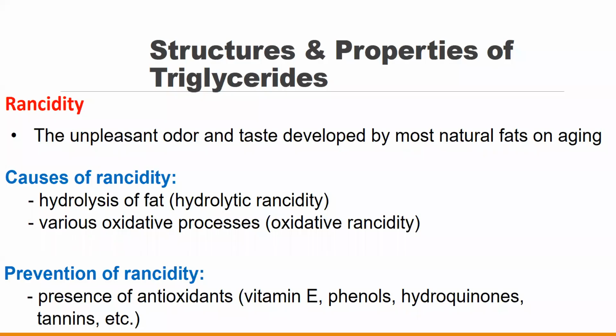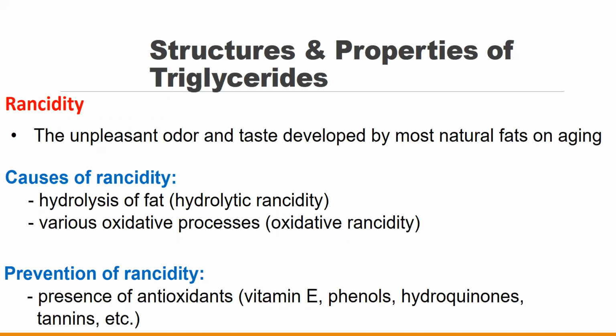So again, the process is rancidity, and to prevent the rancidity of our fats and fatty acids, or oils, we actually add antioxidants. Again, vitamin E, phenols, hydroquinones, tannins. In our food products, you will notice the preserved foods, some are oily actually. For example, chili, something like that. There's a lot of oils and fats there, and those preserved products, they actually add antioxidants,